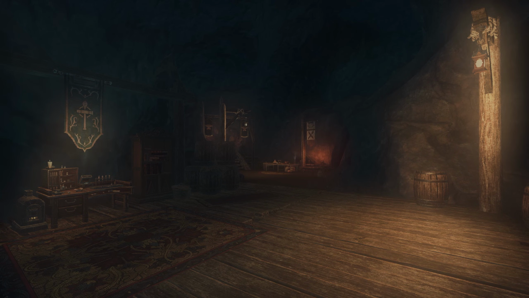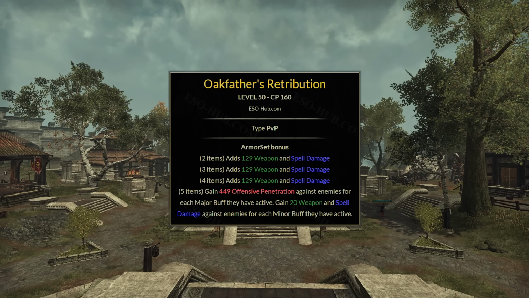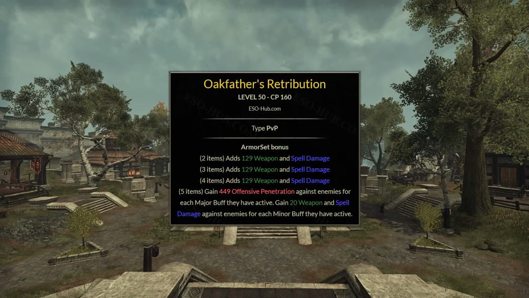Next up is Oakfather's Retribution. This is a rather new set that I think is a little bit underrated, so I did want to include it in the list. Basically, this is going to give you damage to a single enemy depending on how many buffs that he has. To give you a bit of an example to show how much power it has, let's